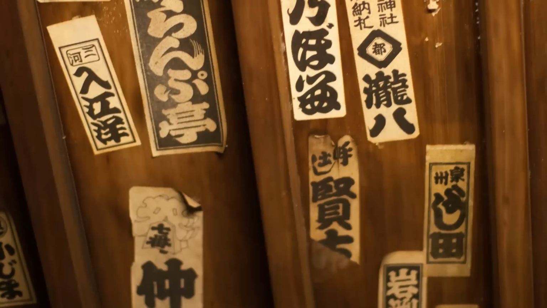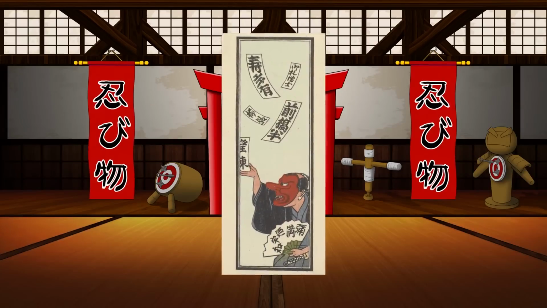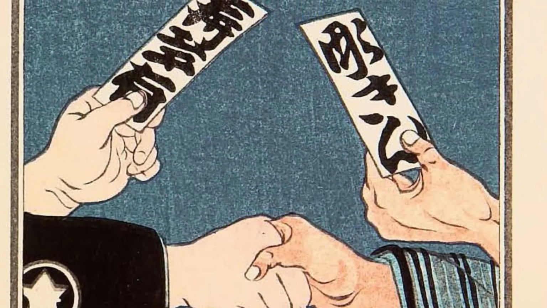Rather than it being an extension of the kami or Buddha given to the visitors, these are stamps given by the visitors to the temples and shrines. But these aren't just name-slap stickers, but rather Senja Fuda were considered the early business cards of the Edo period